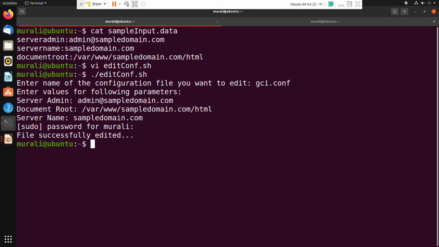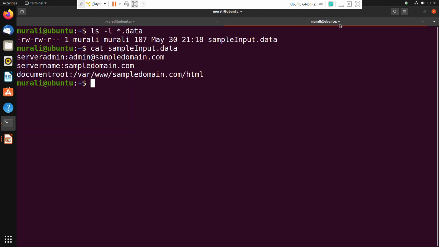Okay, so now we can check whether the update has been done in the file or not. I have another terminal window, I can check over there. I can cross check admin at sampledomain.com, sampledomain.com/html.